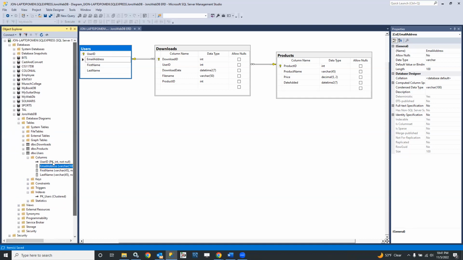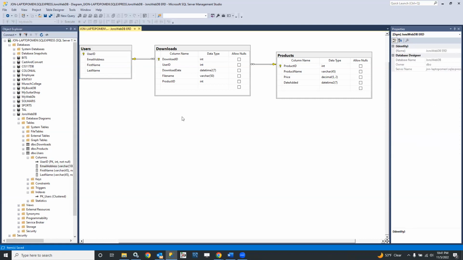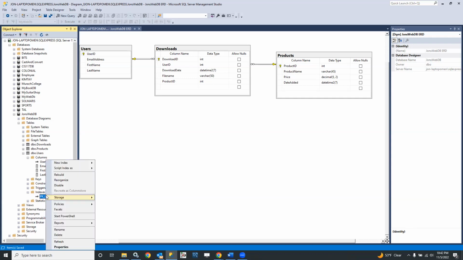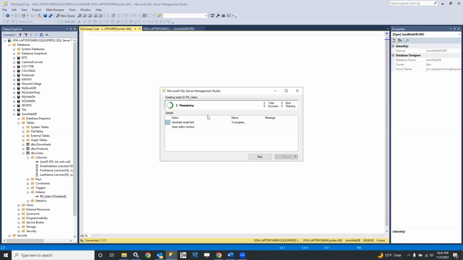And my preferred way here is simply to go ahead and do it through the ERD. Here we have an existing index. So one of the things you can do if you want to learn how to structure the SQL, you can either read it out of the book or come in here and say we can take that existing index and we can script that out, create to a new query window,